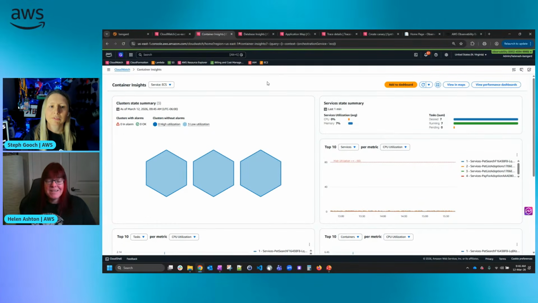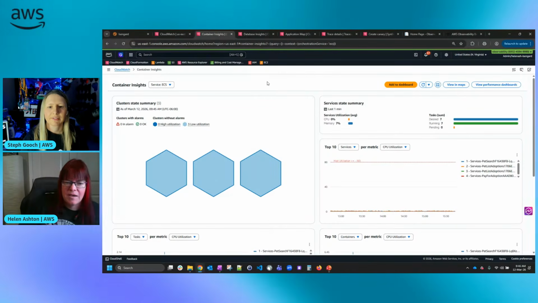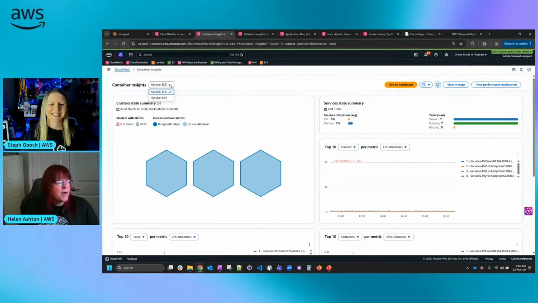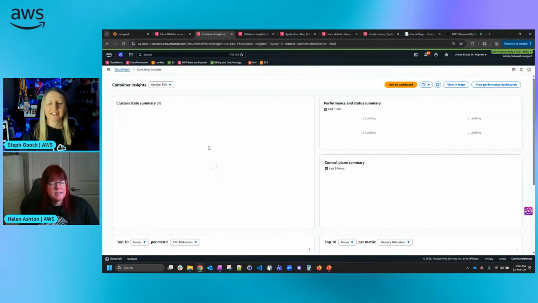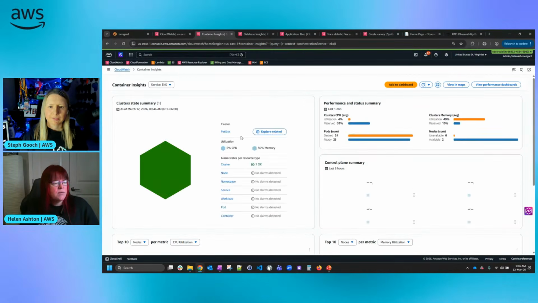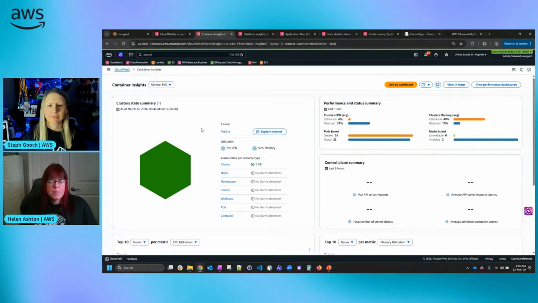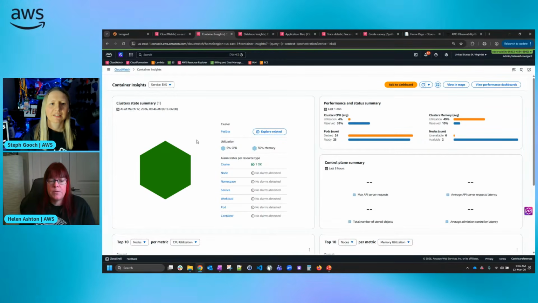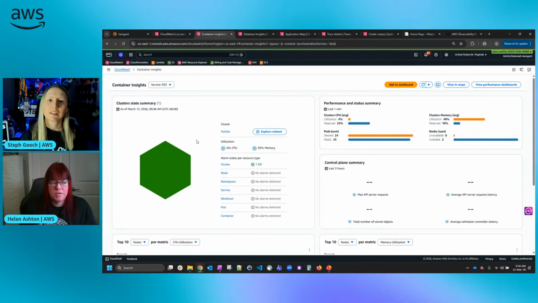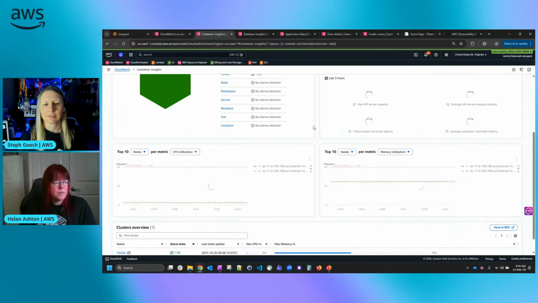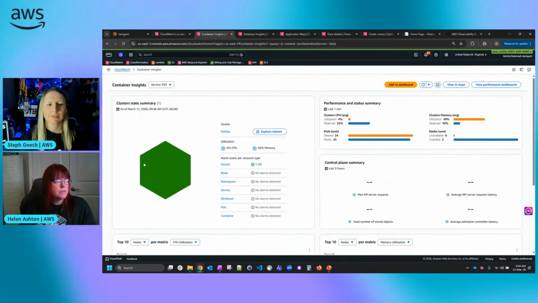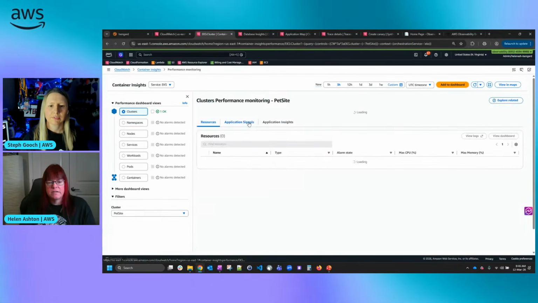This is Container Insights. I don't have a big setup here. 3 containers is not a very big workload, but it works for ECS and EKS. I'm going to drill down into my EKS. The purpose of these specialist views is that we know what people who look after containers want to see. So these are out of the box dashboards. We can see some information on the front page, but we can also drill down into our clusters.